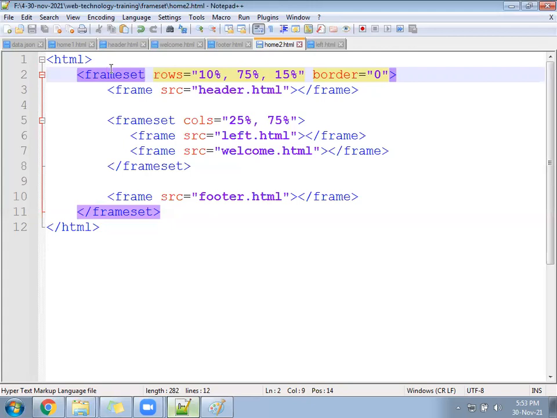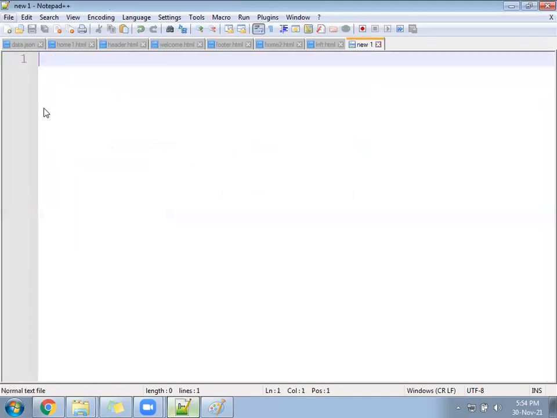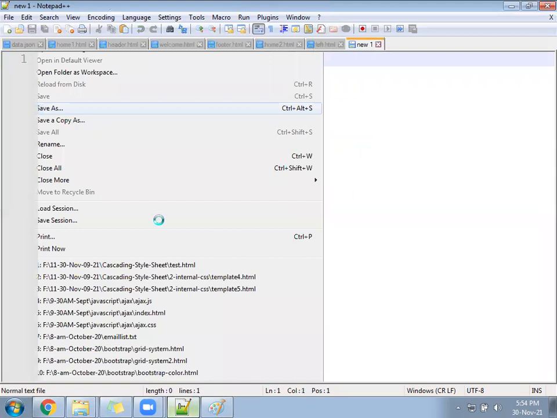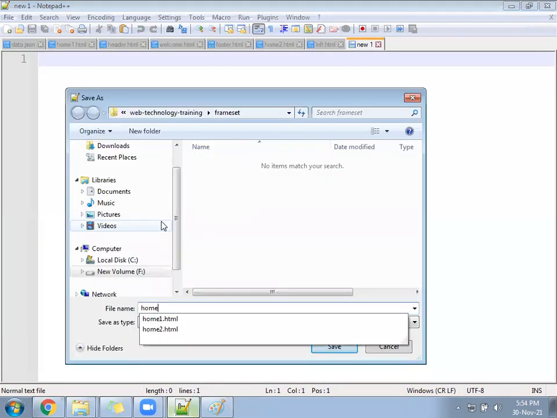While writing the file name, don't give a space, and don't give unnecessary extra keywords. Write the proper file name. So we are writing the next file, home3.html.